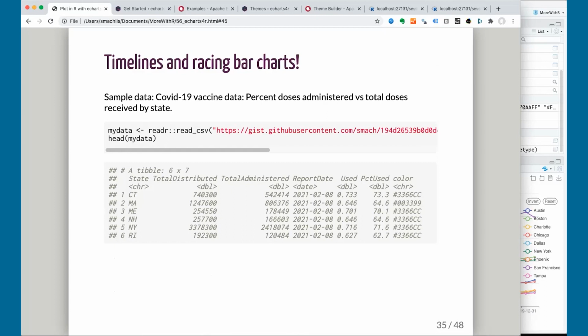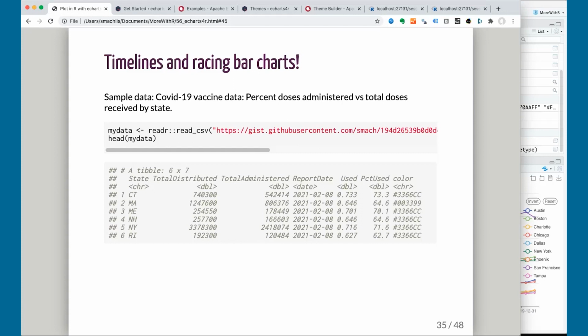For these demos, I'm going to use data from the US CDC on COVID vaccinations by state, doses administered compared to vaccine doses received, to see which states are doing the best job of getting vaccines they have into people's arms quickly.